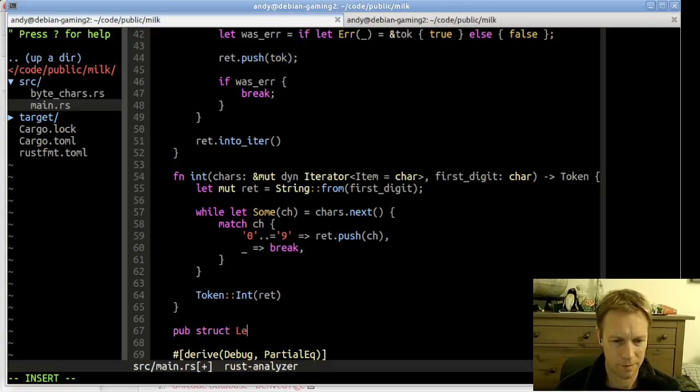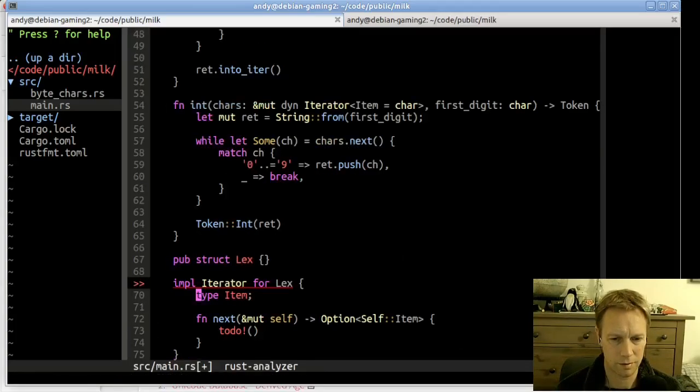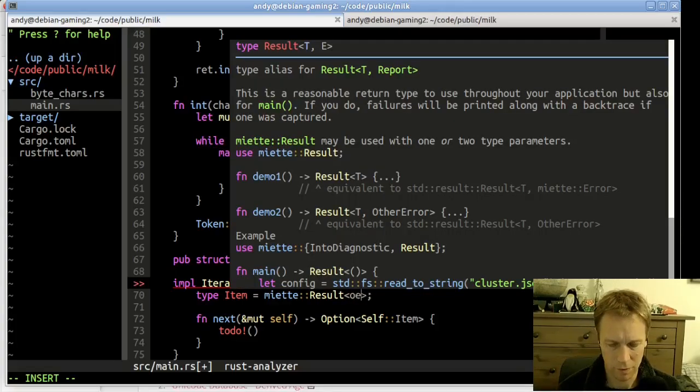Which implements Iterator like this, and it's going to implement an iterator with an item type of Miette Result of Token,